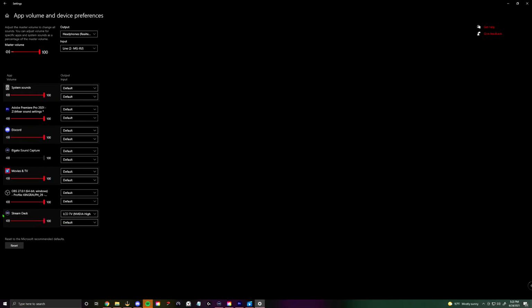it says Stream Deck, and all these are going to be default because they're going to wherever sound you have. You're going to want to change the Stream Deck to one of the monitors that you have, which mine is a TV, and I select that one as my Stream Deck to set the sounds out to. If you still cannot hear it,